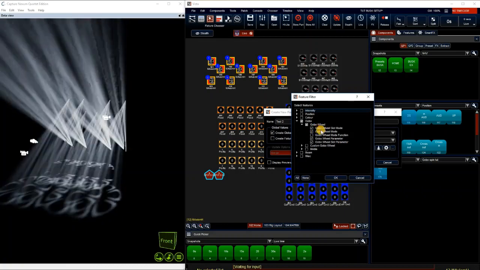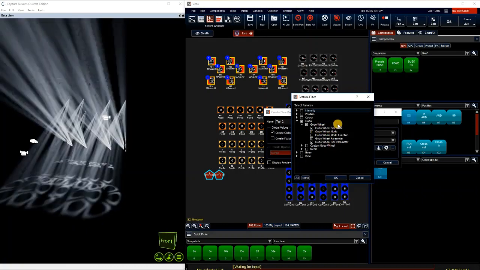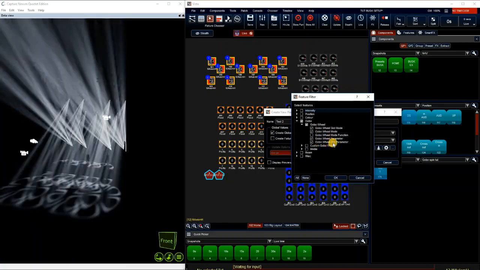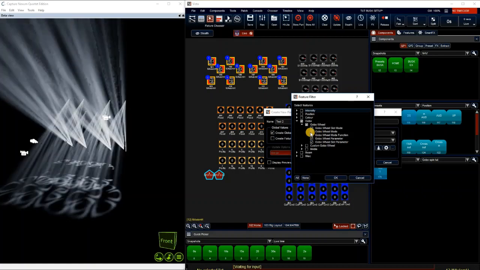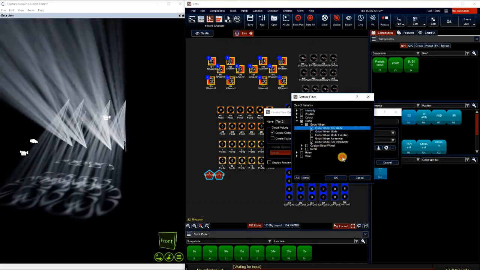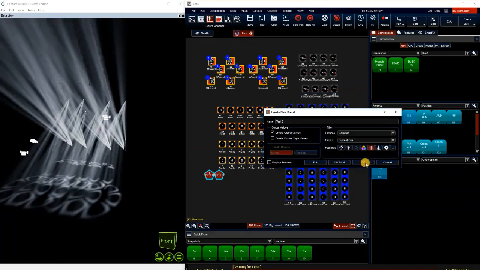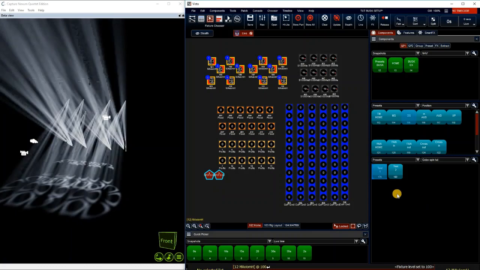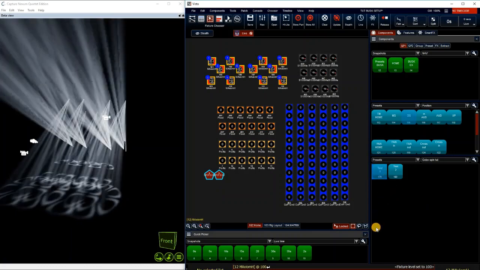But we only want the first one, which is Gobo wheel slot mode, and that turns it from indexing to spinning, and our Gobo wheel slot parameter, which gives us our direction and speed. So what we can do is we can uncheck everything except the first one and the last one, and then hit OK. Then hit OK on your preset,